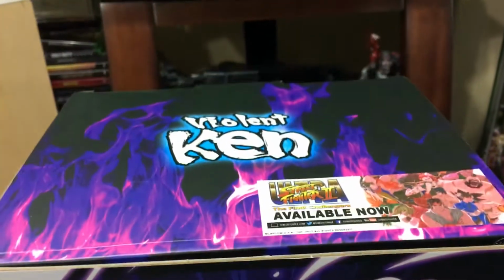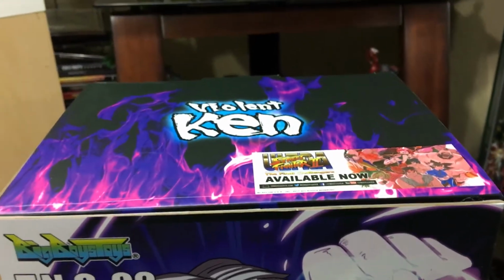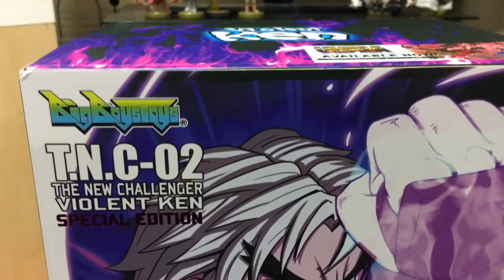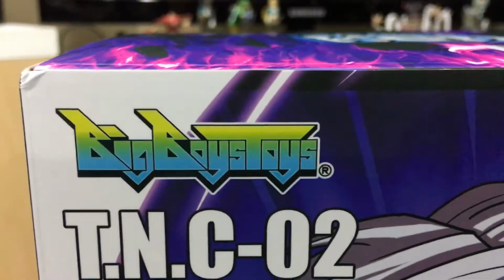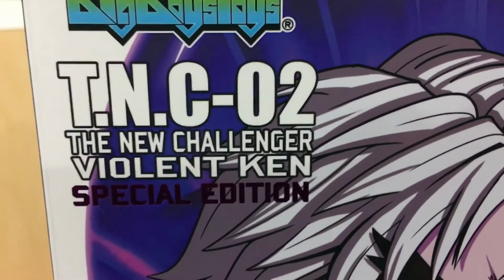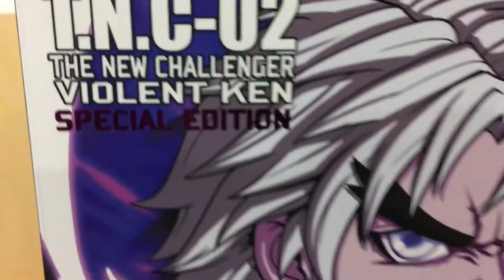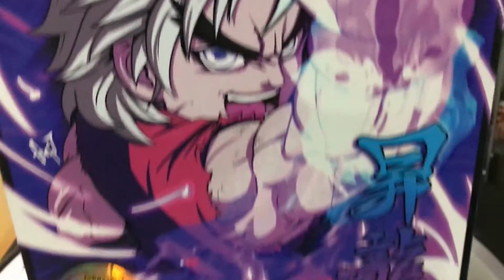Statue Hunter 75 here with a piece that's kind of pretty rare and exclusive. They're only 300 made. It's from the company BigBoysToys. It's the next Challenger 2, the new Challenger Violent Ken Special Edition. And we see the Violent Ken